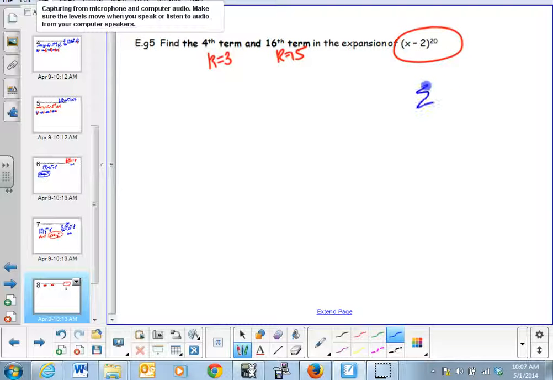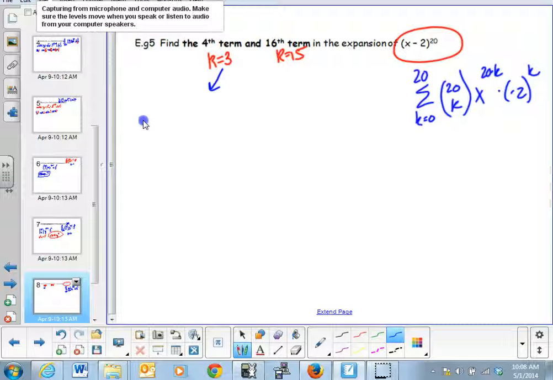So we're going to expand this guy, just 2 terms of it. The general form, of course, k goes from 0 up to 20. And then 20 combinations taken k times. We'll separate each term in a minute. X to the 20 minus k power, and then negative 2 to the k power. So when k equals 3, that's going to give me, and I'm going to write it like I'm going to write it on the calculator, 20 combinations of 3. Obviously this will be x to the,